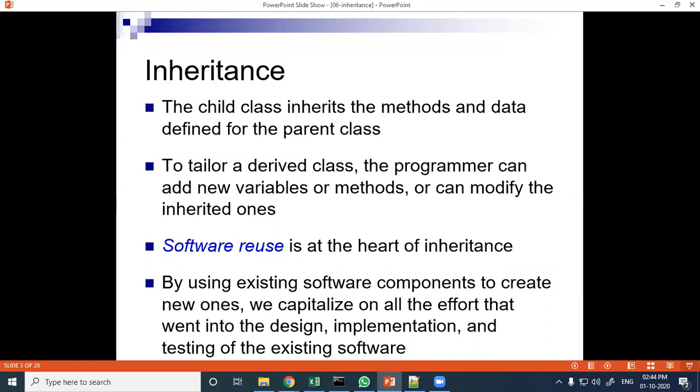So by using existing software components to create a new one, we capitalize on all the efforts that went into the design, implementation and testing of the existing software. Suppose a software is already designed; if we can use something from that software, it is called reuse. So that is reusability.